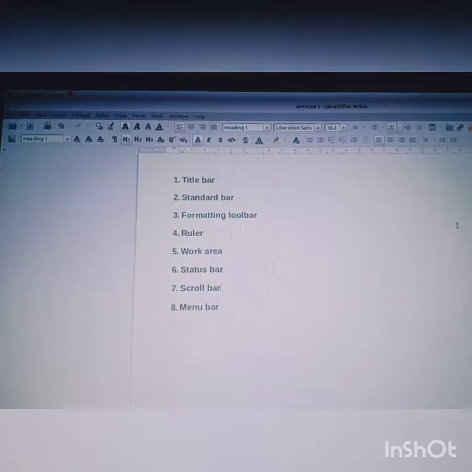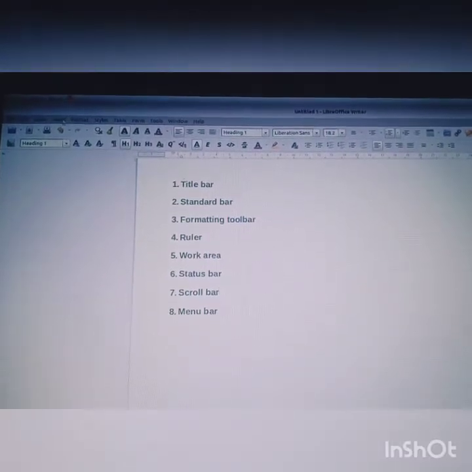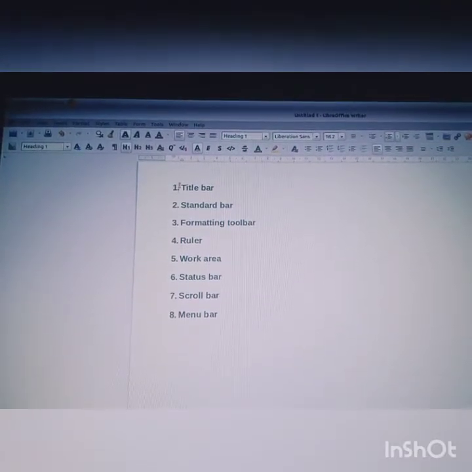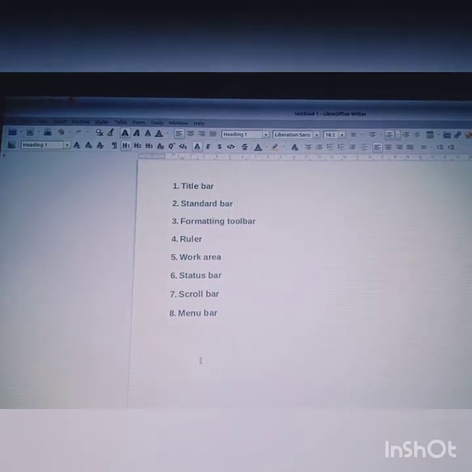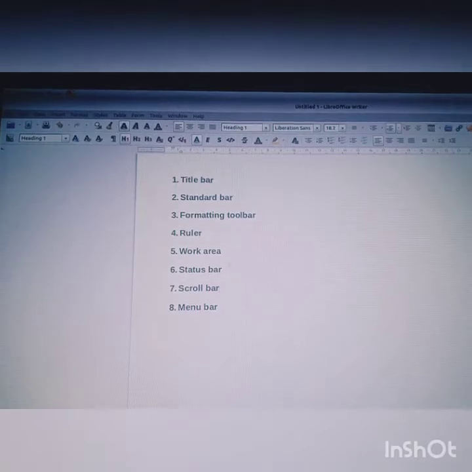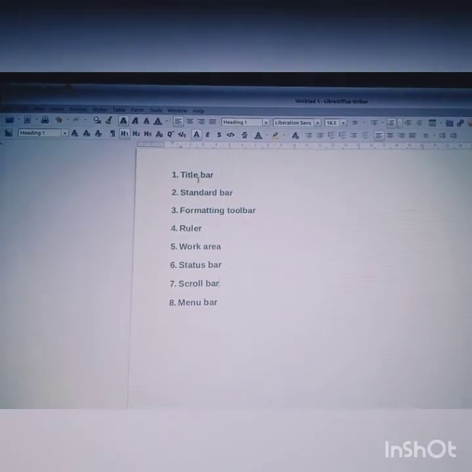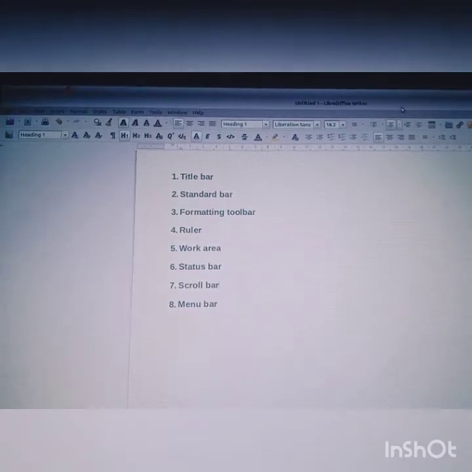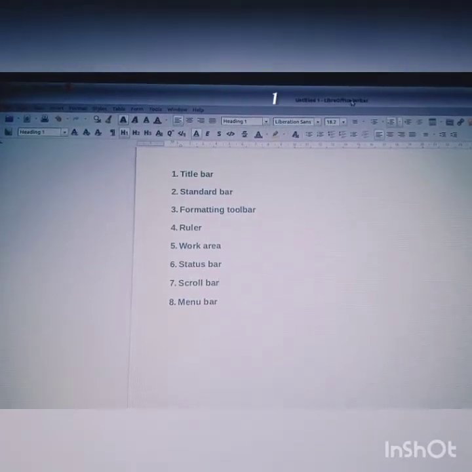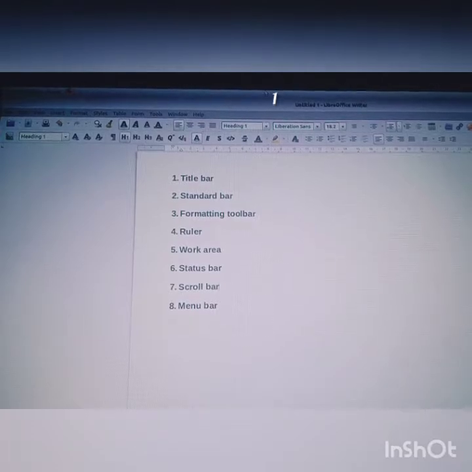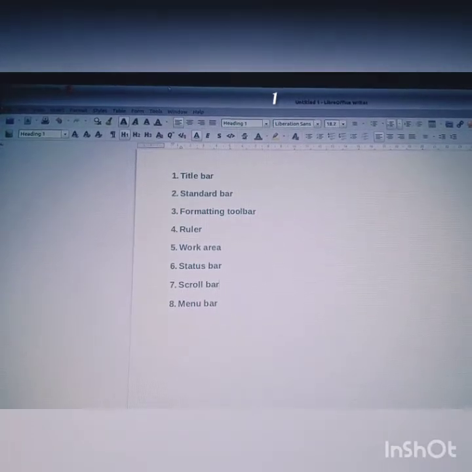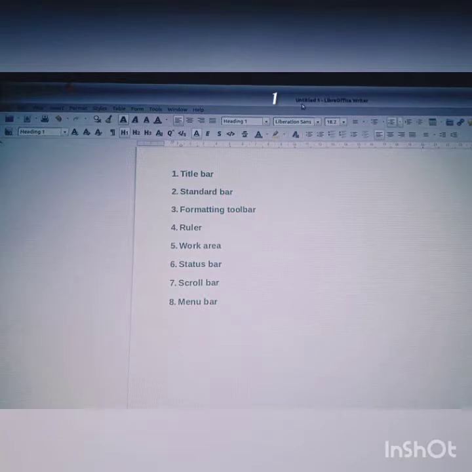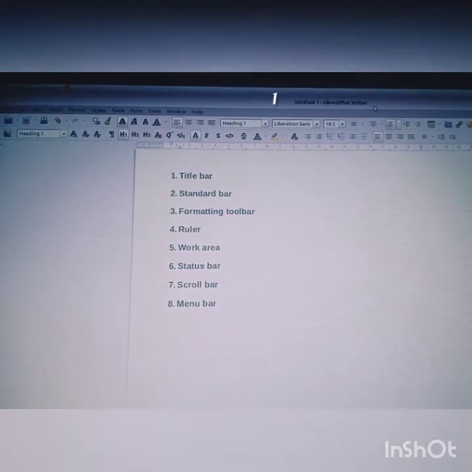Okay, so look at this, children. Now see this. Here is a thing that you have to learn in starting LibreOffice Writer. We are starting with LibreOffice Writer for the first time, right? So there you should know what is title bar. This is the title bar. See this part where there is a title is given. That is, it displays the name of the current document and applications. What is the name of the current document? Here, Untitled 1 LibreOffice Writer. This is the title bar.